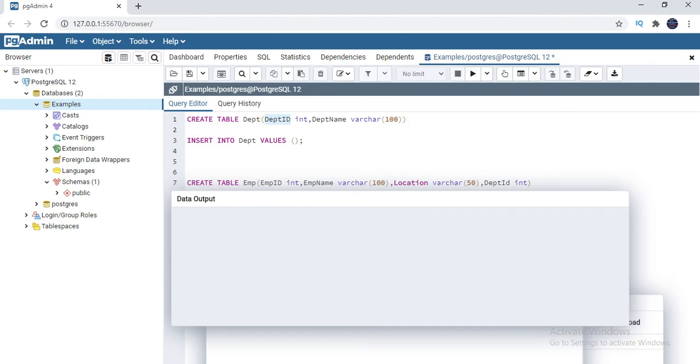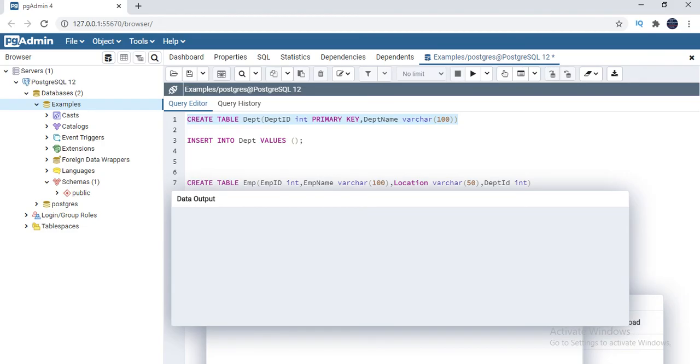It contains department ID and department name. This is a very basic syntax of a department table, without any constraint. As I mentioned, I need to specify that column as a primary key at least. Otherwise, I cannot go for the data integrity concept. So let's define the department ID as a primary key, then only we can talk about the primary key and foreign key relation. So I am creating the department table with a primary key of department ID.